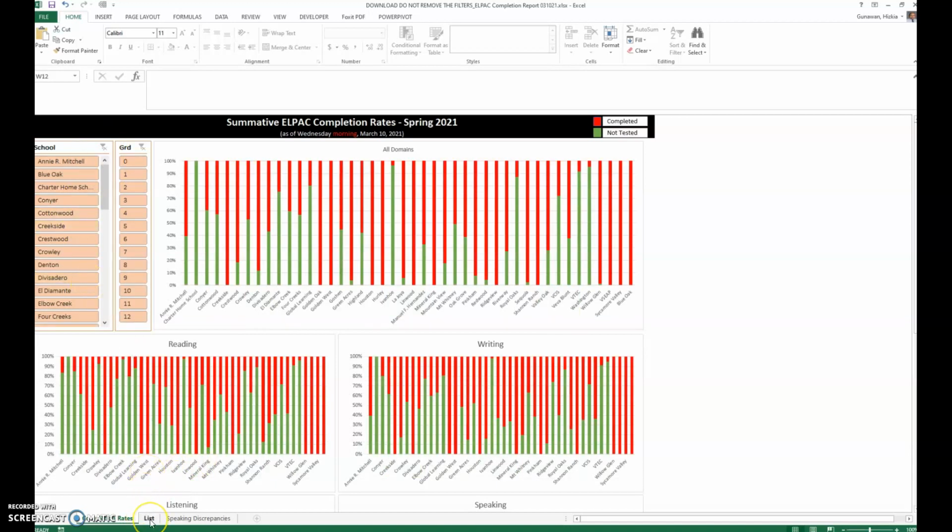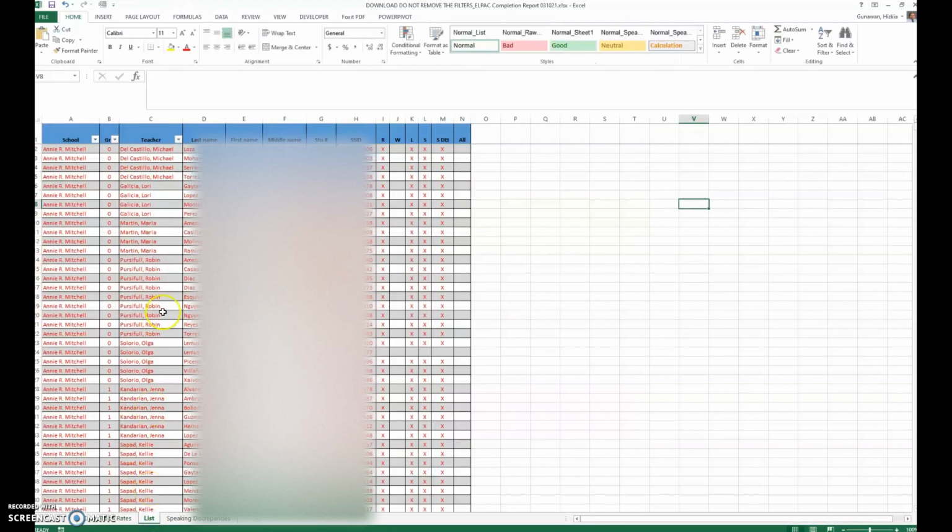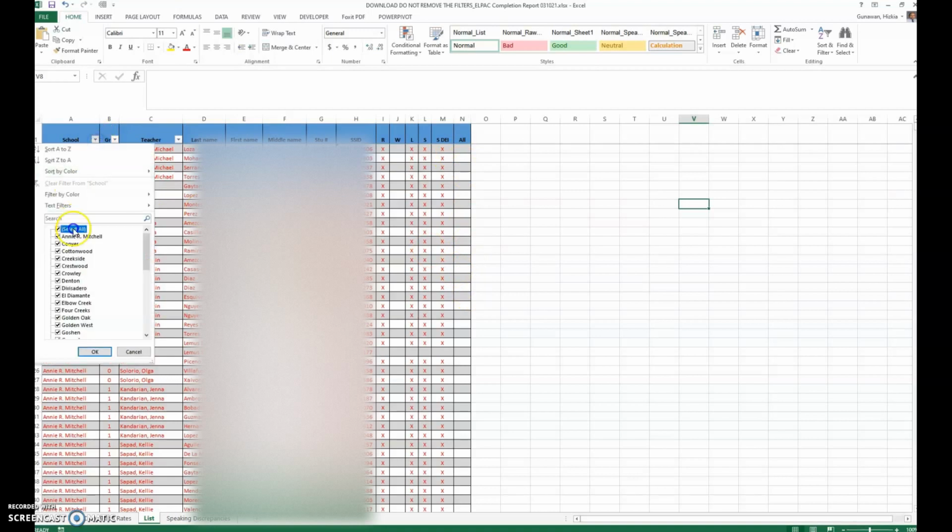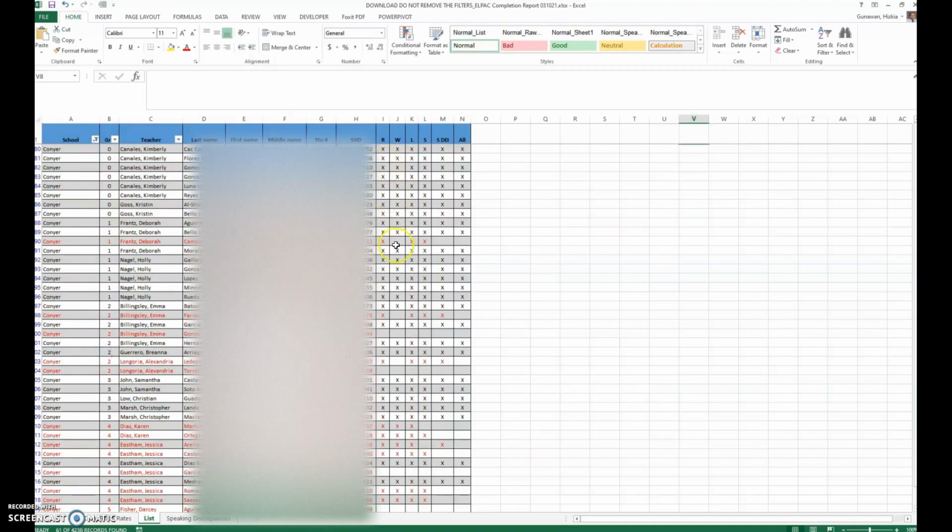And at the bottom, you will see a list here. These are all the list of your EL students. If they have taken the test, it will be accessed here. And if they have completed all domains, it will be in red. So for example, if you go to Conyer, you will see a lot of blacks here because all this black, they have completed all domains. Okay,